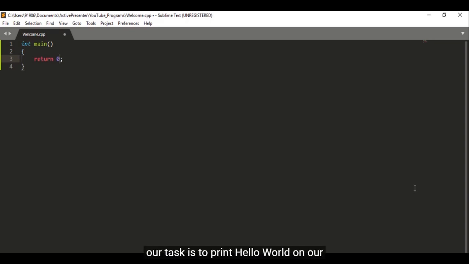Now our task is to print hello world on our console output screen. So the monitor is considered as console out because some information is coming out, and the keyboard is considered as console input. Because if we have to give any input to the program, then we need to write cin, and if we need to print something on the console, then we need to use cout. So that's what I'm gonna write now,